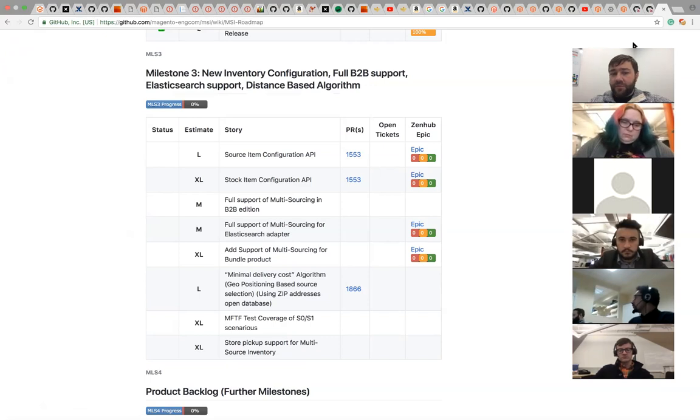This MySQL view currently introduces some slight performance degradation, which is reproducible on catalog scenarios, search scenarios, and work with the shopping cart scenarios, because all of these scenarios currently use a MySQL join to the stock index. And based on the fact that we are making a fallback to the MySQL view, and